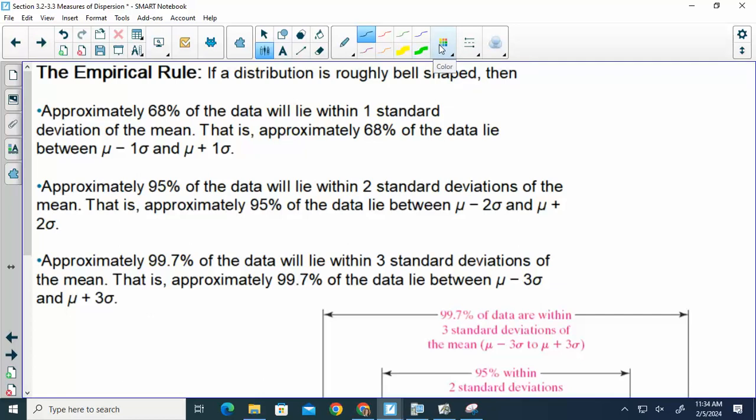We were talking about measures of dispersion, how spread out our data was, and we looked at range, standard deviation, and variance. So range we know is the highest minus lowest. Standard deviation, we talked about doing it by hand and on the calculator. Most of the time we'll do it on the calculator, but you have to be able to do it by